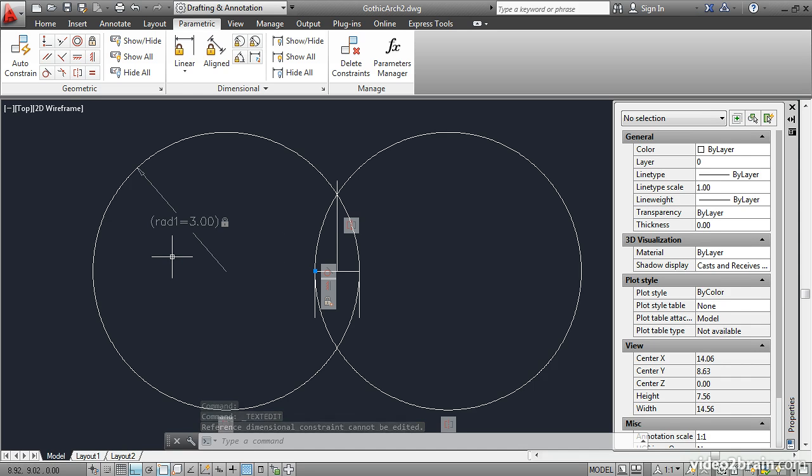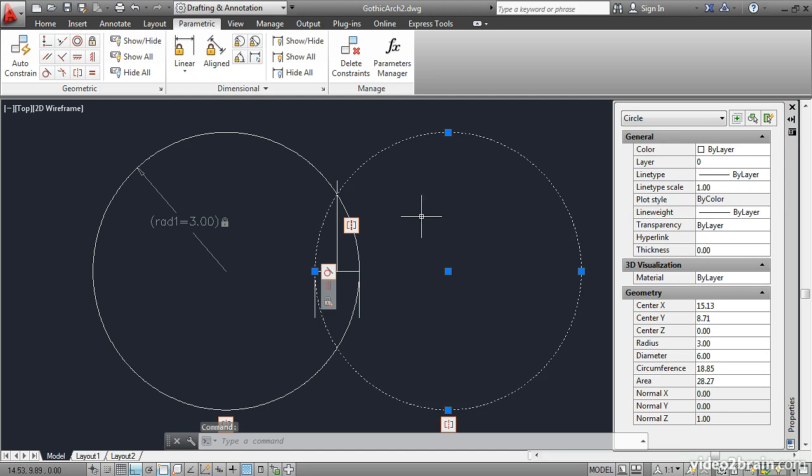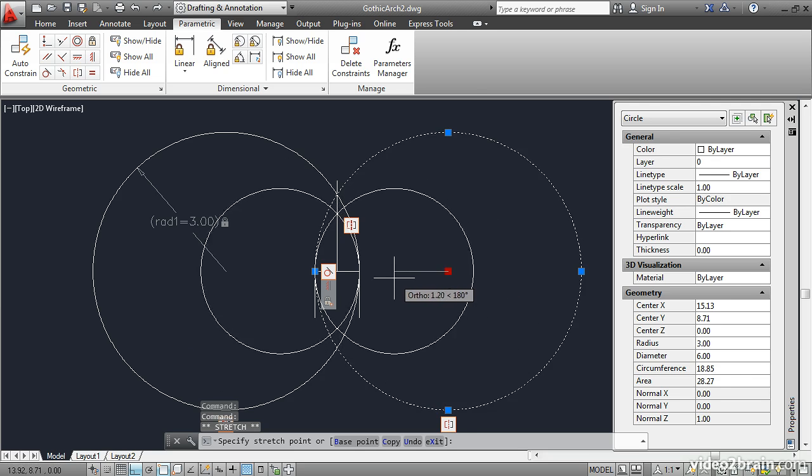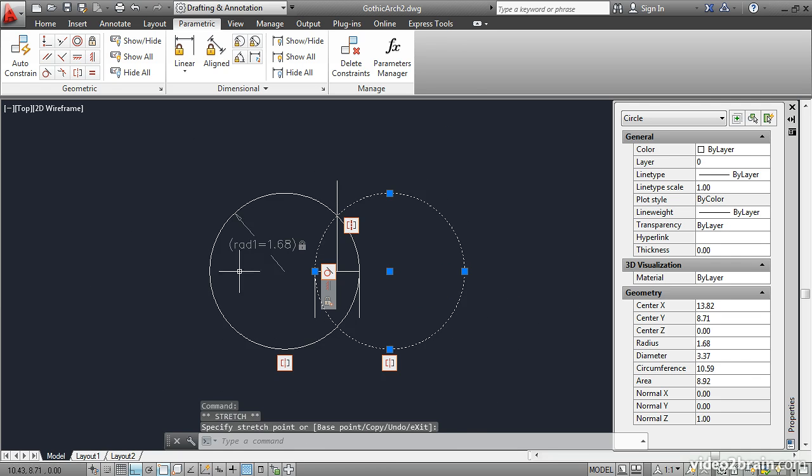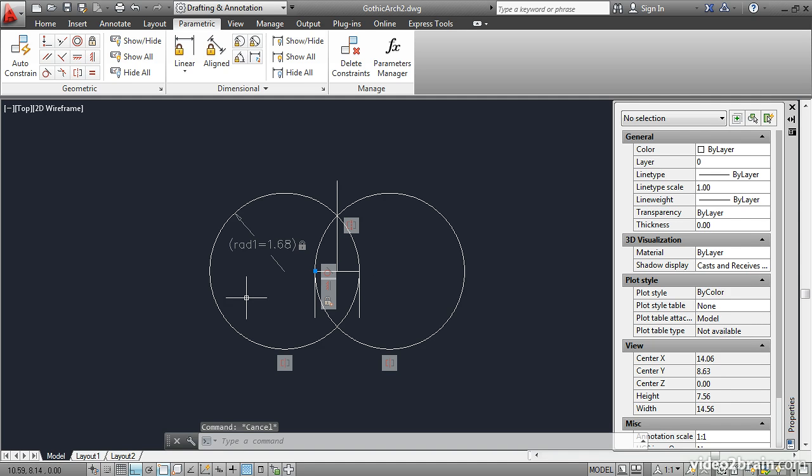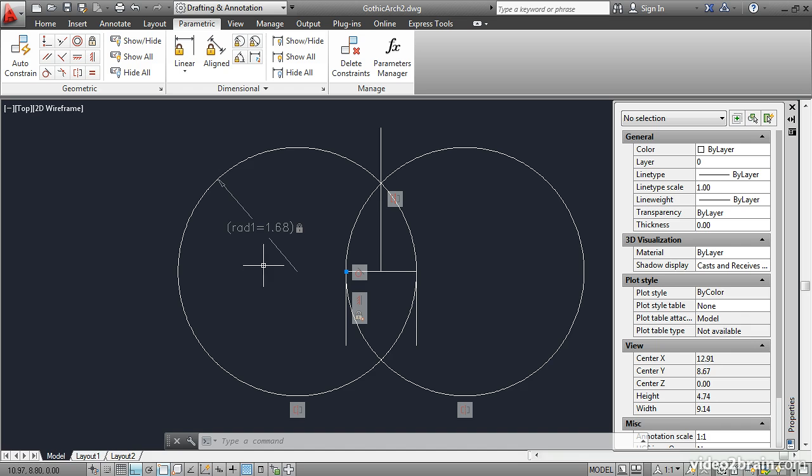That's the main difference. I can now change the size of the ogive by moving this circle's center grip. And the radius constraint is now driven by the system rather than the other way around. The reference constraint, however, will not plot. So if you want to see this on the drawing when you plot it out, you need to change it